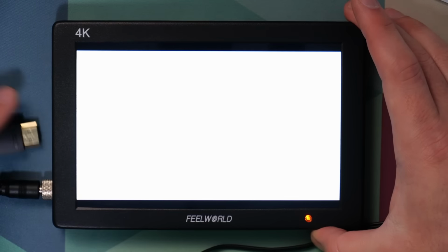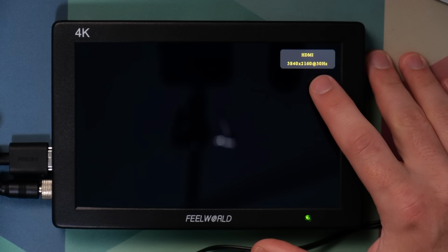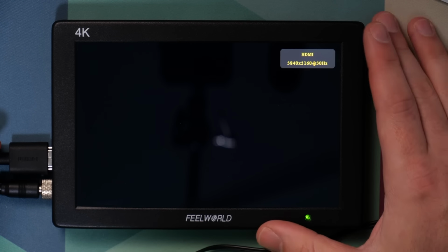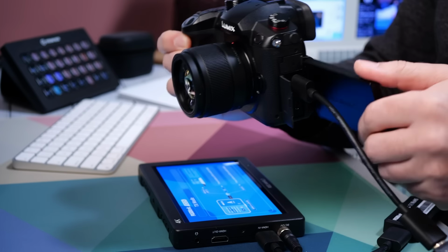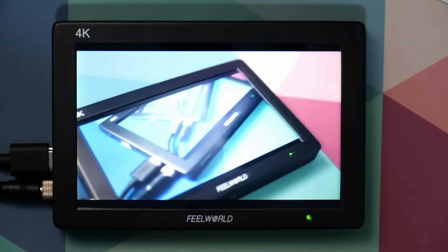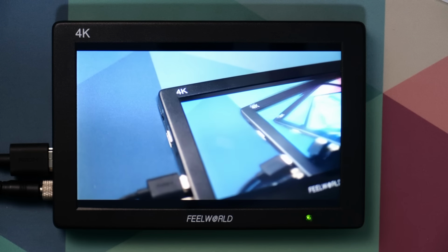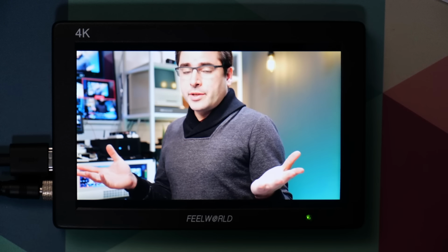So now I can change this and plug in the receiver, and we can see what the receiver is showing us. So I'll just go ahead and plug in the receiver directly here. And sure enough, the receiver is sending a 4K signal to this monitor. So when I connect the camera to the transmitter, let's see if we see any video. So I'll just go ahead and give this a quick plug, connect it to the transmitter. This 4K monitor is getting a wireless 4K signal from the camera, and it's doing a good job keeping it pretty smooth. This is the wireless 4K video feed coming from the transmitter to the receiver on this monitor on